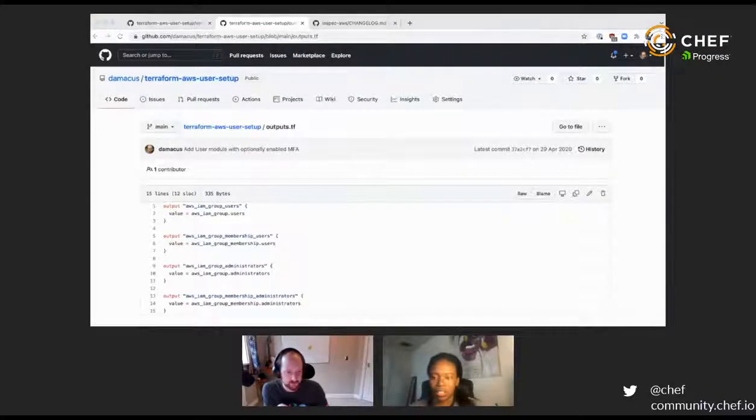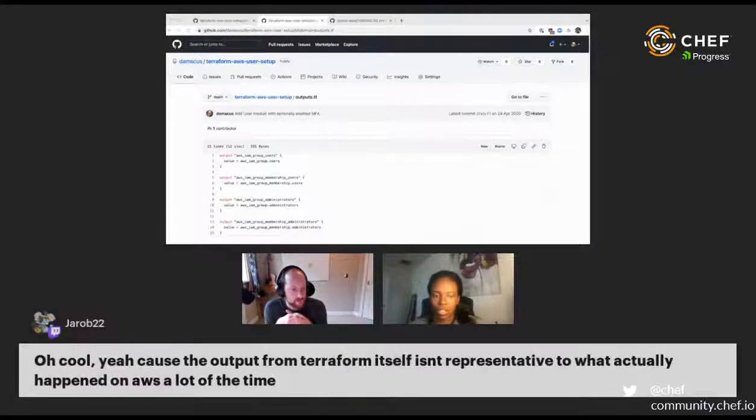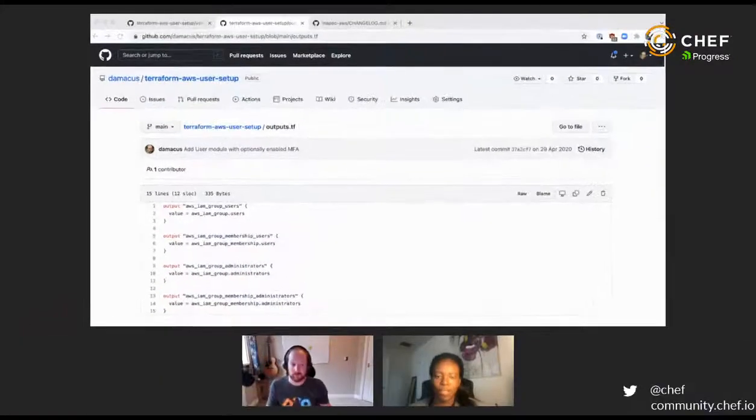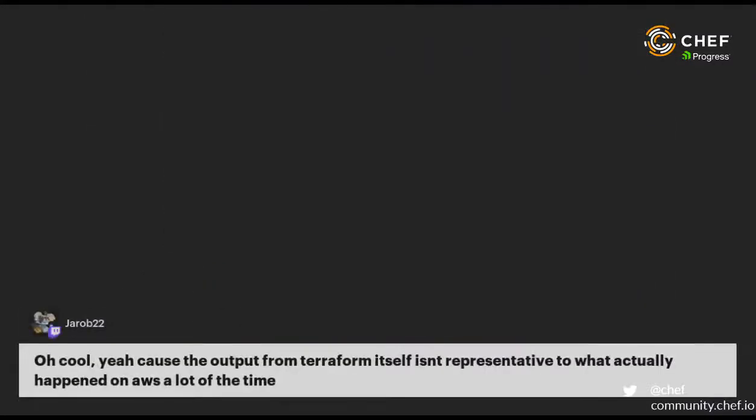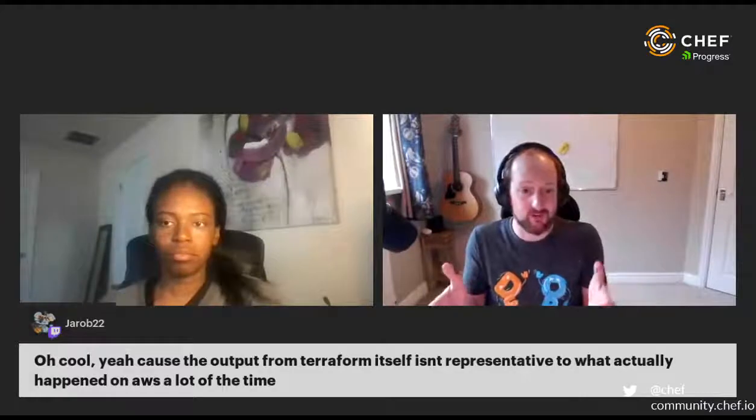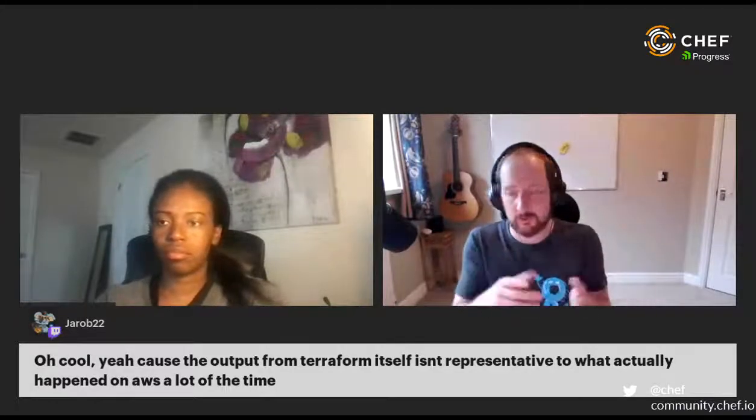I'm going to highlight this. So yeah, the output from Terraform itself is rarely representative of what actually happened on AWS a lot of the time. Sometimes that's down to just how AWS is. Like you'll try and do an IAM resource, that kind of stuff.